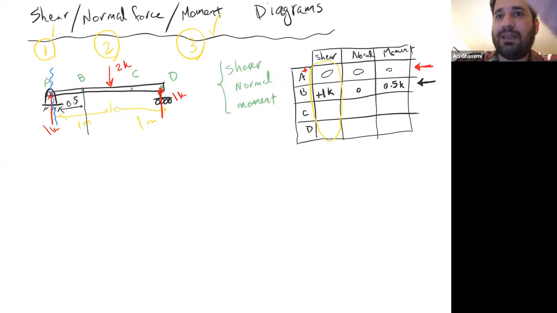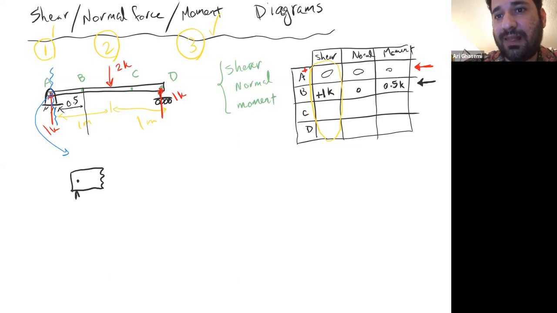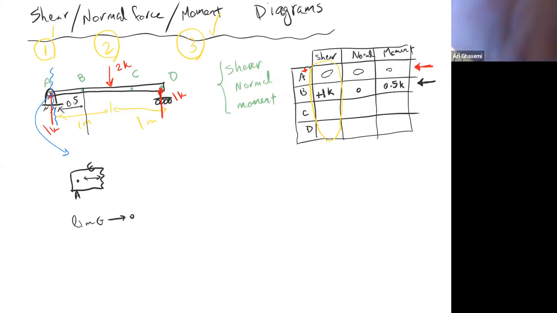It's like you cut at A, but when you zoom into your system, you have something like that. You have a cut, and this is the actual exact mathematical A, and then this distance is basically epsilon, which goes to, limit epsilon goes to 0, right? Now, if I want to draw the FBD for that, I am going to have 1K at A, exact A, and then here you're going to have